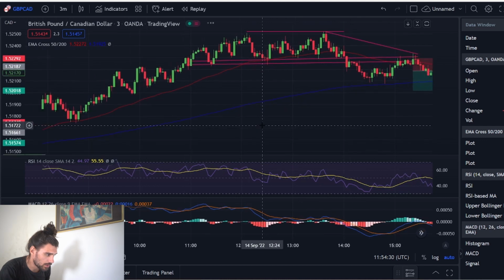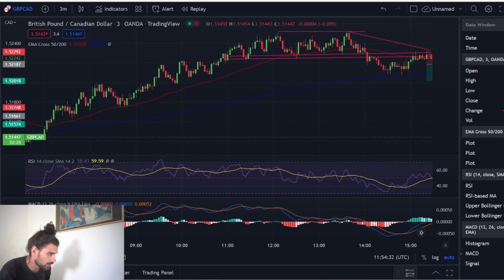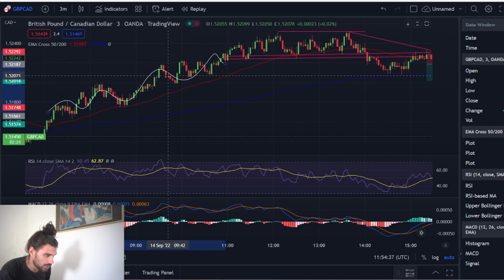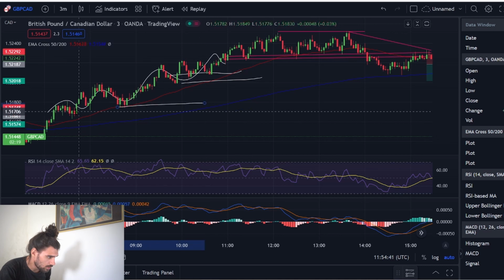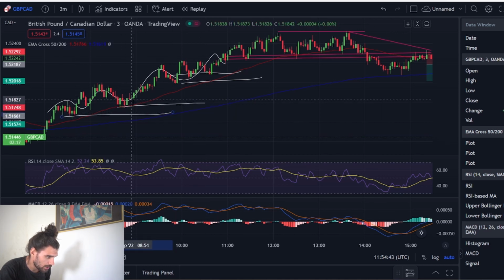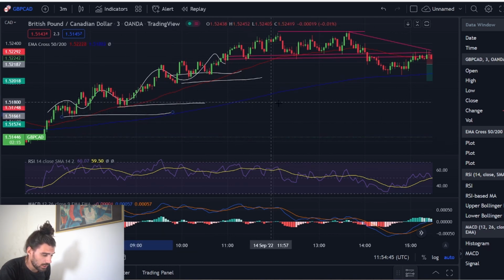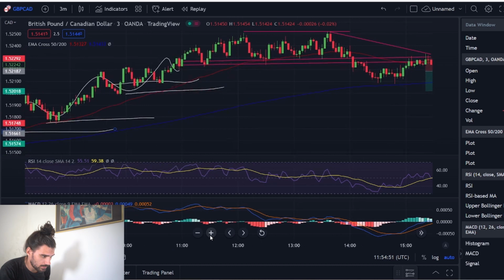And if I zoom out a bit, here I had my structure to the upside, so I'm going to target the previous lows and the support areas right here at the 50 EMA. Depending on how the market will move, I will exit at some of these points. So now for the market,